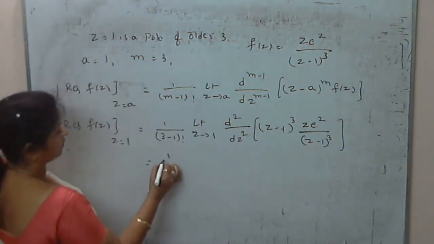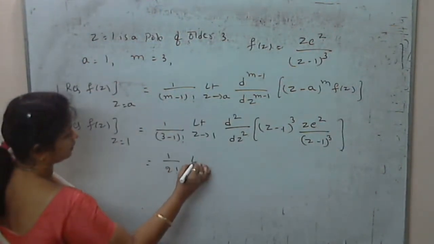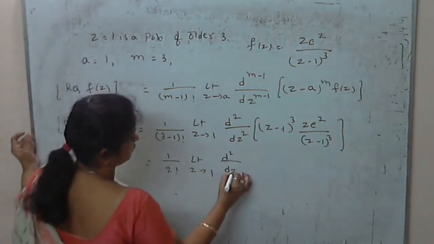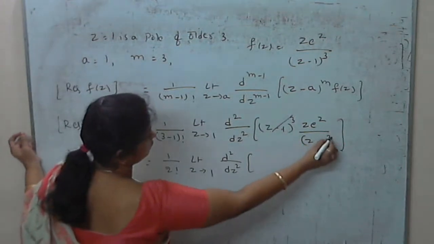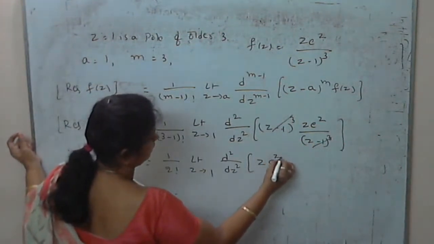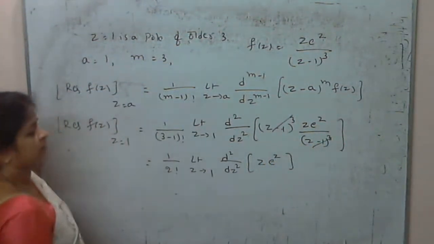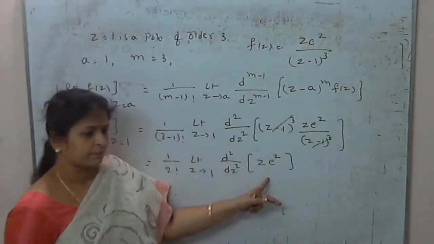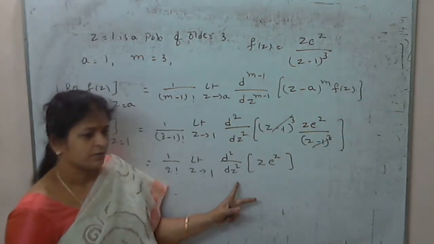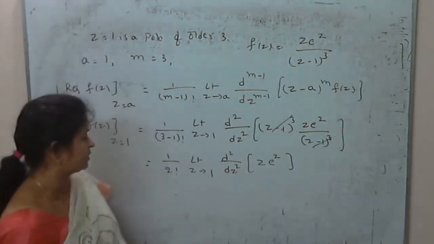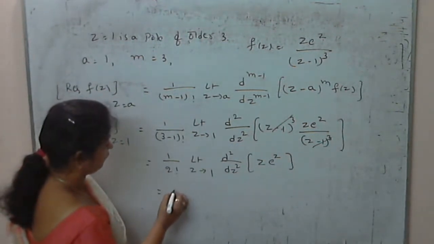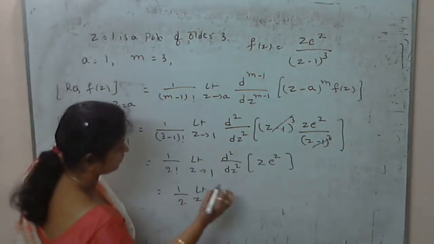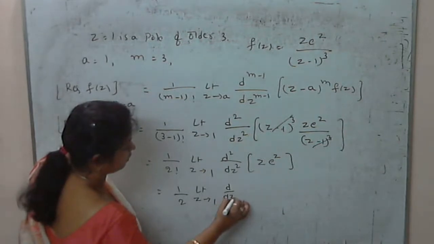Now 1 by 2 factorial, limit z tends to 1, d square by dz square of (z minus 1) whole cube cancels out, leaving z e power z. That means we have to differentiate z e power z 2 times, d square by dz square. That means you have to differentiate it 2 times. So 1 by 2 factorial, limit z tends to 1, d by dz of